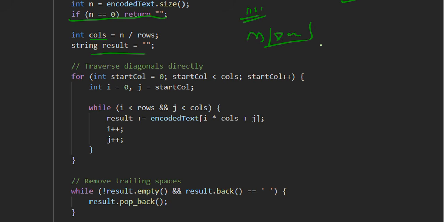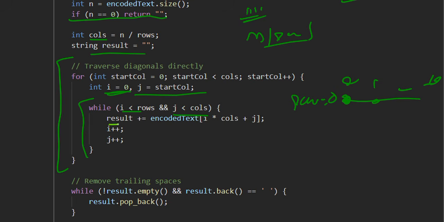Now instead of making a matrix here, we directly traverse diagonally. And to traverse diagonally, we are starting from every column of row number 0. That's why our i is equal to 0 always, and j is equal to the starting column. It can be 0, 1, up to columns, any value. And then we are traversing while i is less than rows and j is less than columns, and adding to the result.